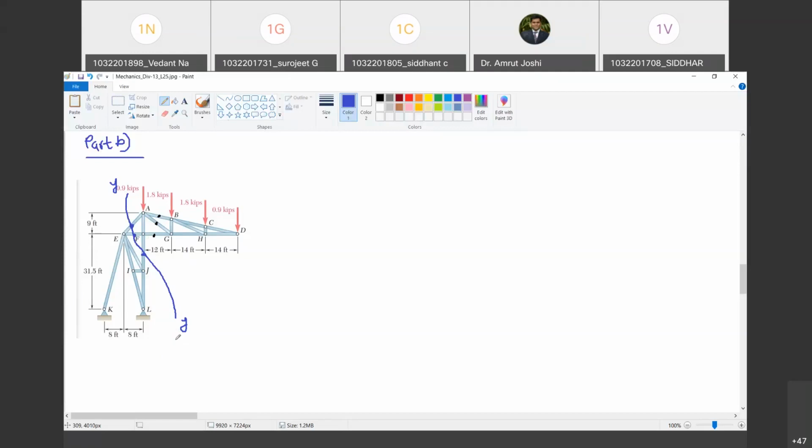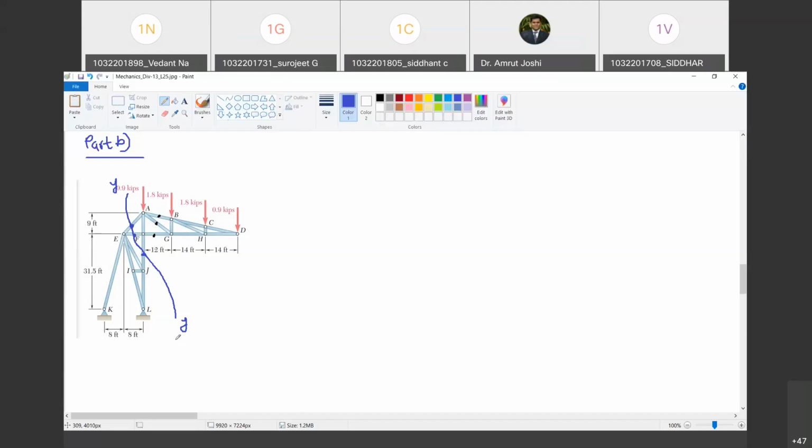So we can pass a legitimate section which passes through not more than 3 members, divides the truss into 2 parts without any connection after giving a cut along a section, and which is passing through the members in which you want to find out the forces. This is method of sections. So the first step itself is different after finding out reactions. Are you with me? Yes, sir.